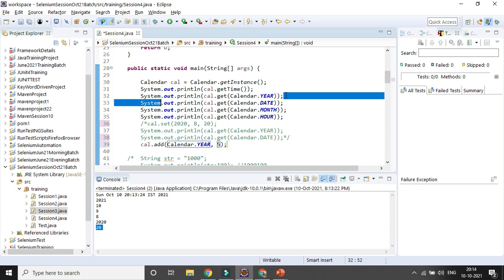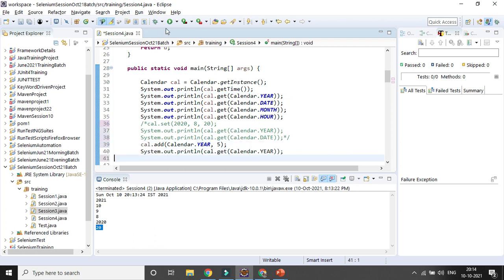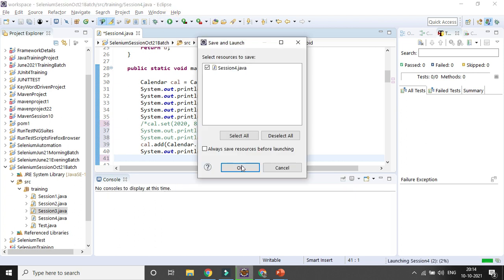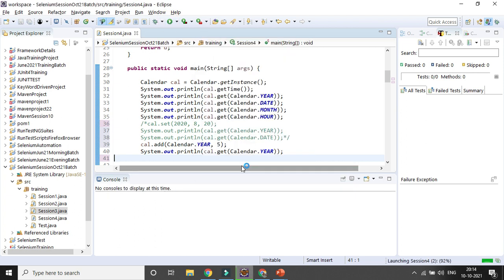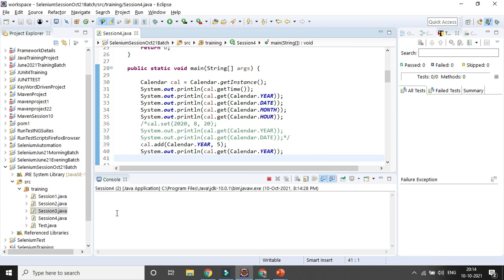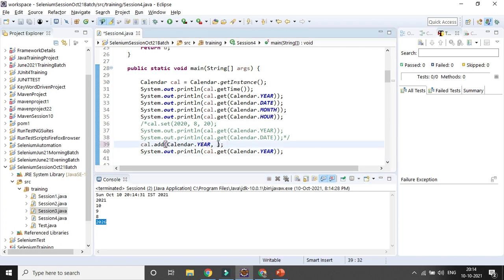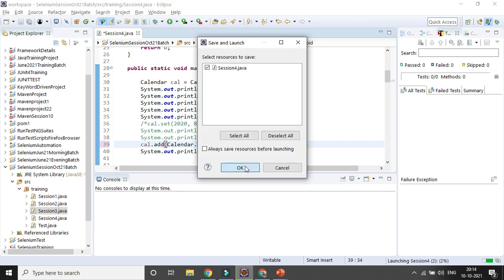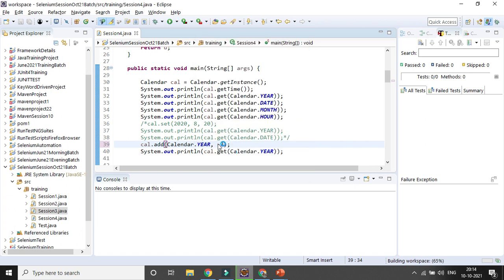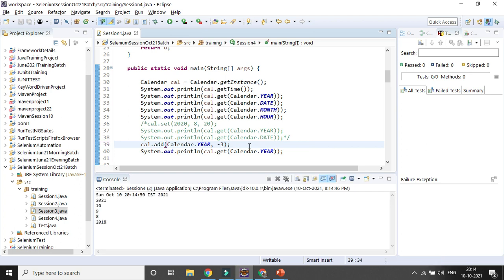Then if you check the year, it will give you 2026. If you want to reduce by 3, it will be minus 3. If you want to subtract it, it will be minus, and if you want to add it, it will be plus. You can add seconds, minutes, date, month, like that.